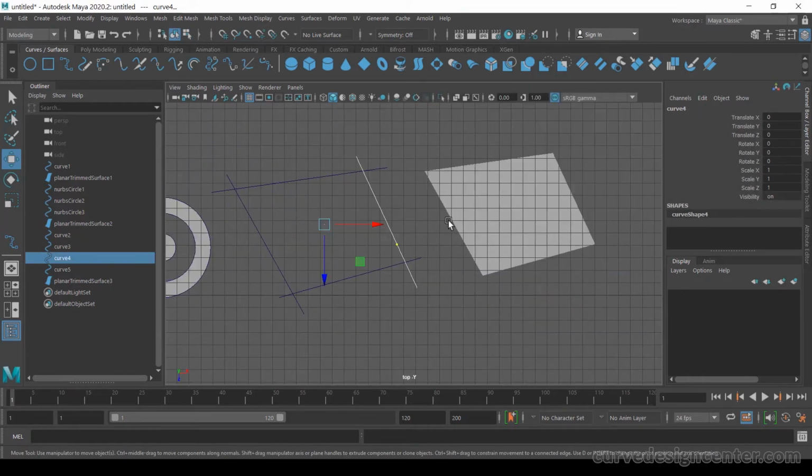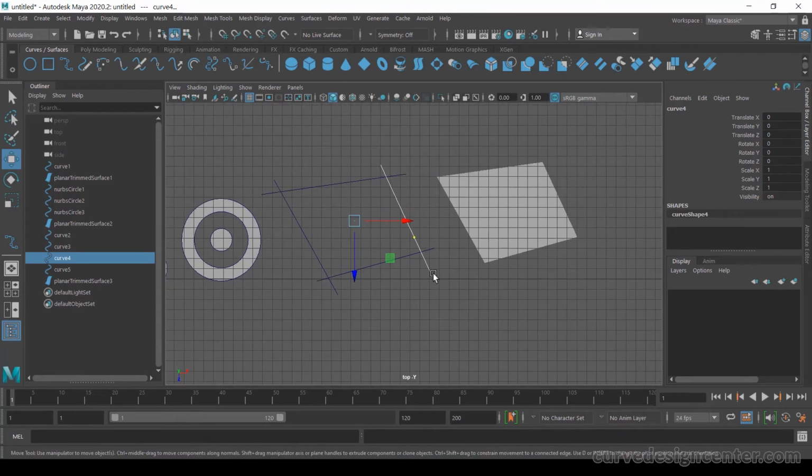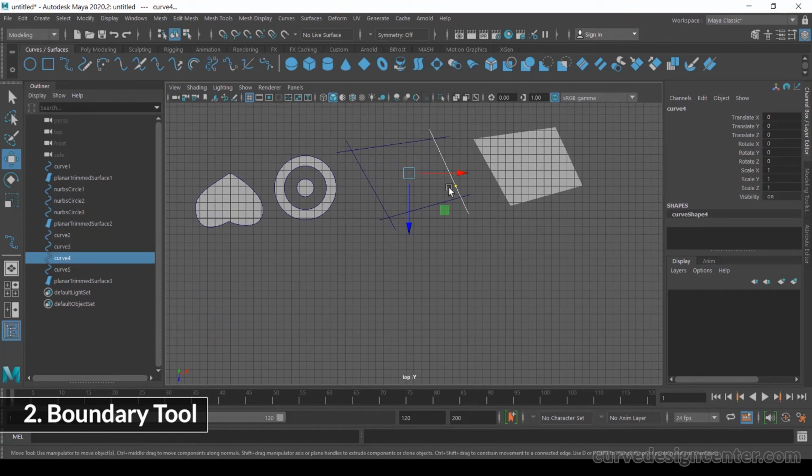So that was the second example. In this example, we chose some intersecting lines, and after creation of this surface we try to make a change, but the changes will not apply and the surface will disappear. And another similar tool to create this type of surface is called the boundary tool.